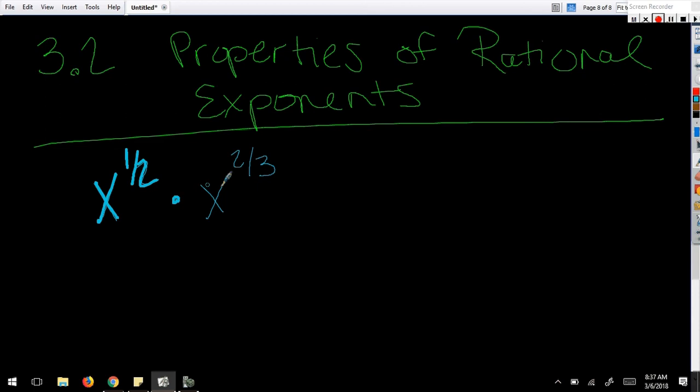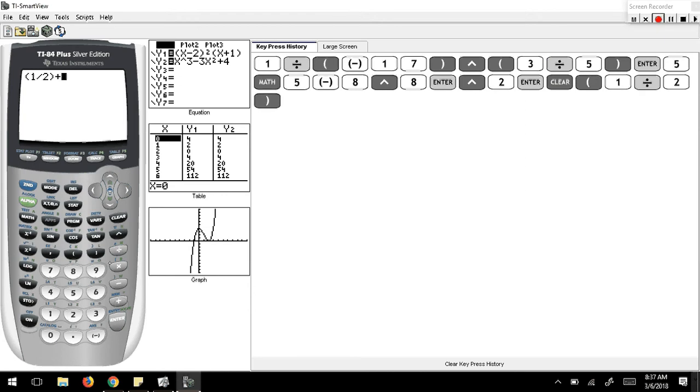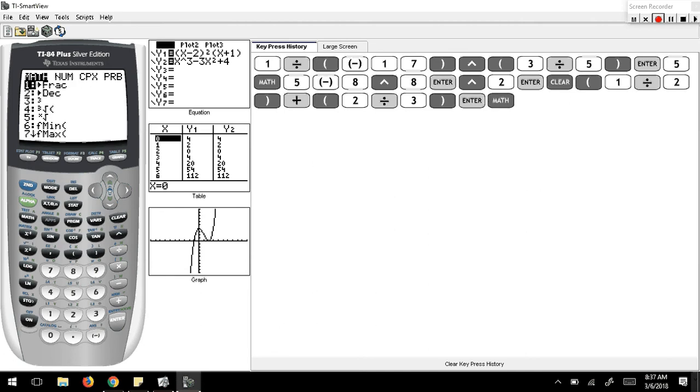What do I do with the exponents here? Add them, right? The base has to be the same. So I've got to add 1/2 and 2/3. I've got to find a common denominator and combine numerators. But because we're so good with our calculators, we can do 1/2 plus 2/3. Do you have to do the parentheses? Yes, for fractions. And then we can simply convert it over with math, enter into a fraction to get